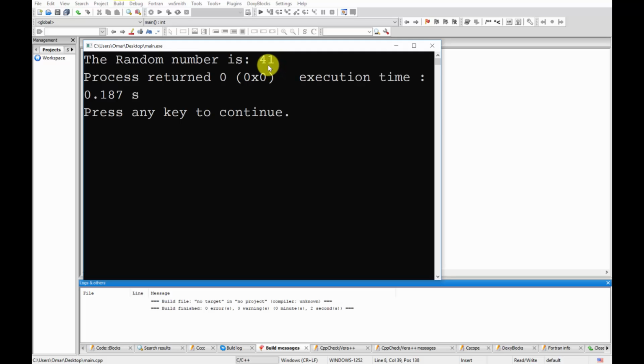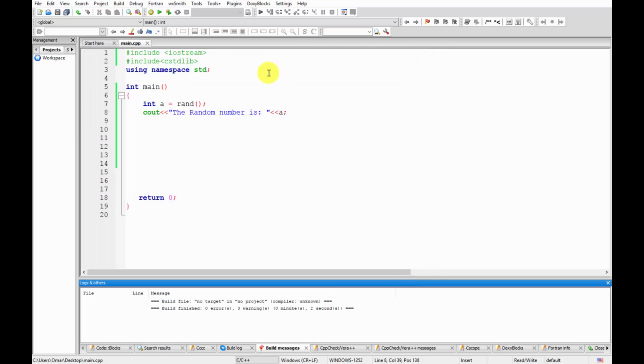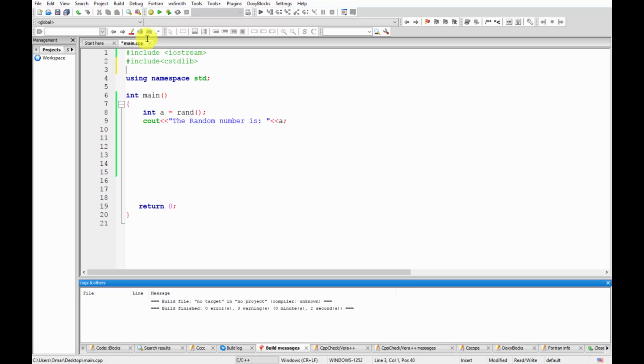But if you look over here, I just keep getting 41. Even though it gave me 41 randomly, it just keeps giving me 41. It doesn't give me any other number. The reason for that is that it's using only one seed, so it just keeps using that seed over and over. And there is one way to use a different seed, which is by including our